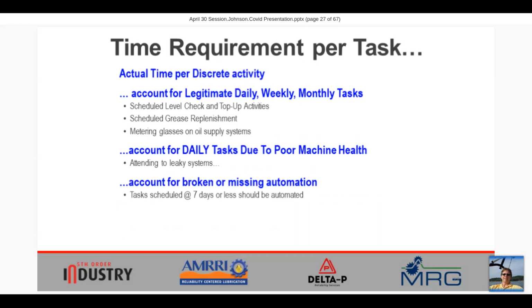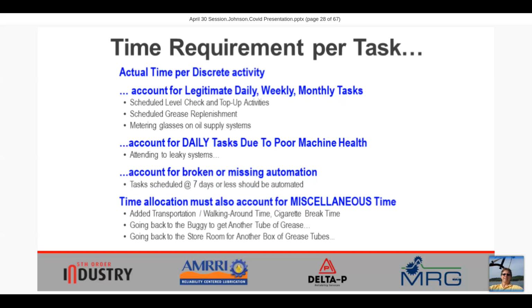Account for broken or missing automation. These would be simple items that the workman might be doing on a routine basis to make sure that feed lines are intact and working properly, pressure gauges, level gauges, those kinds of things are working properly. Lastly, we have to allocate time that is necessary but not necessarily productive time.